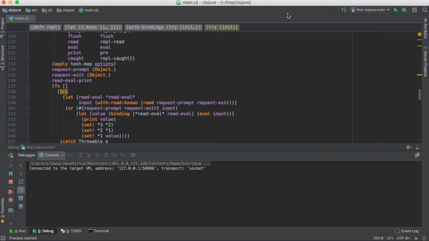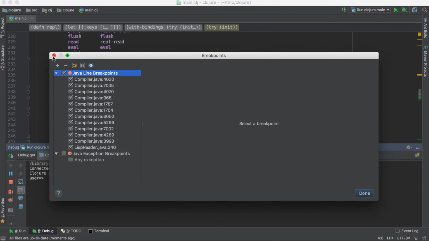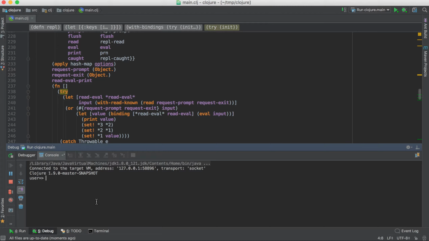So let's see if we can now understand those parts which we just saw on the slide in the debugger, where we are going around in the Clojure sources. So I started the debugging configuration on top of the Clojure master branch, and we got back a nice REPL here waiting for input. So I'm turning on the breakpoints that I had to turn off, because if not, during the compilation of the standard library, we would have seen it stopping at the breakpoints. So turning them on, and now if I type (+ 1 1) and I hit return, we're going to jump into the first breakpoint